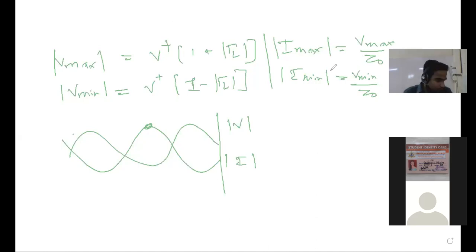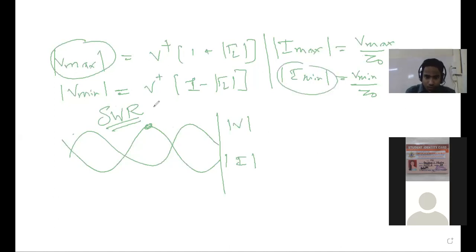So when we plot the standing wave ratios, where the voltage is maximum we will get Imin. If this is Imax, there will be Vmin, and this is Vmax, which will correspond to Imin.